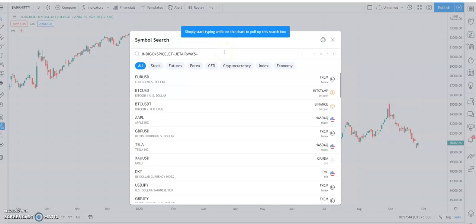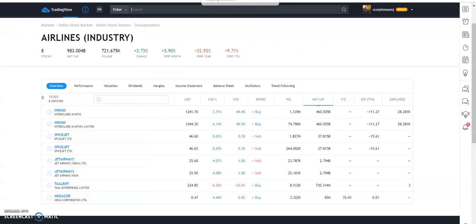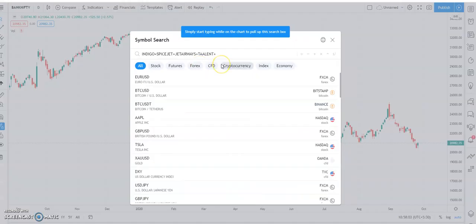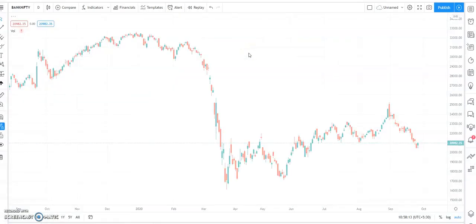So as you type, you can observe the search box shows the results. So here also you can ensure that the spellings are same. And finally, there is one more stock, Megacore. That's all. So just click enter.